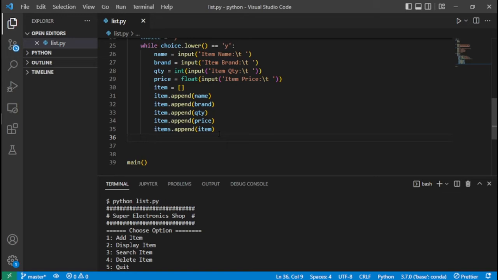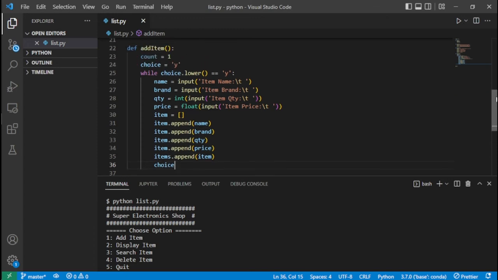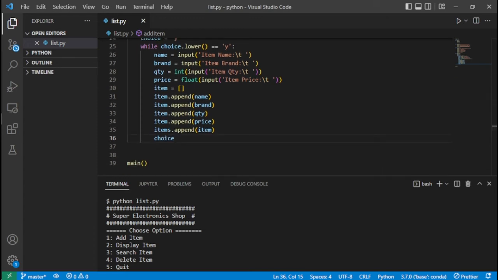So after adding this item, it will prompt them again if they want to continue. If they say yes, like I already explained at the beginning, they will be able to add more items. If they say no, then obviously they won't be able to add more. So what we do now is to call our choice, or to call choice again. Remember, it's the same choice that we have on the tab. So we call choice again, and input,